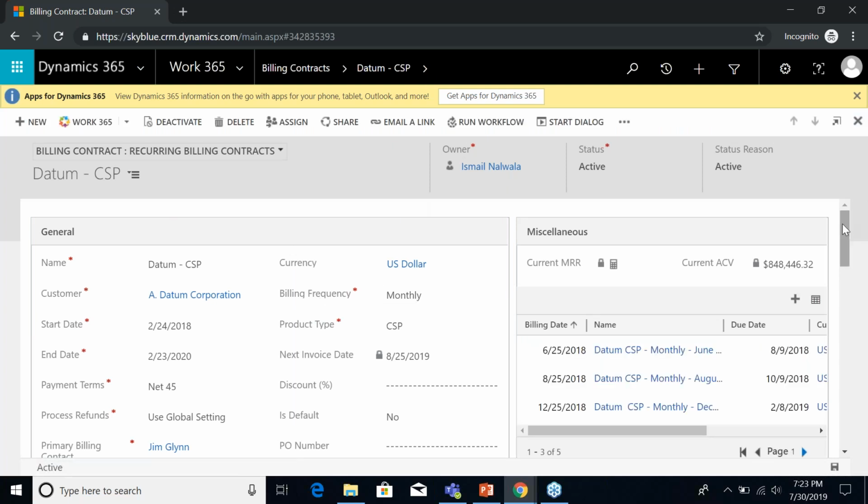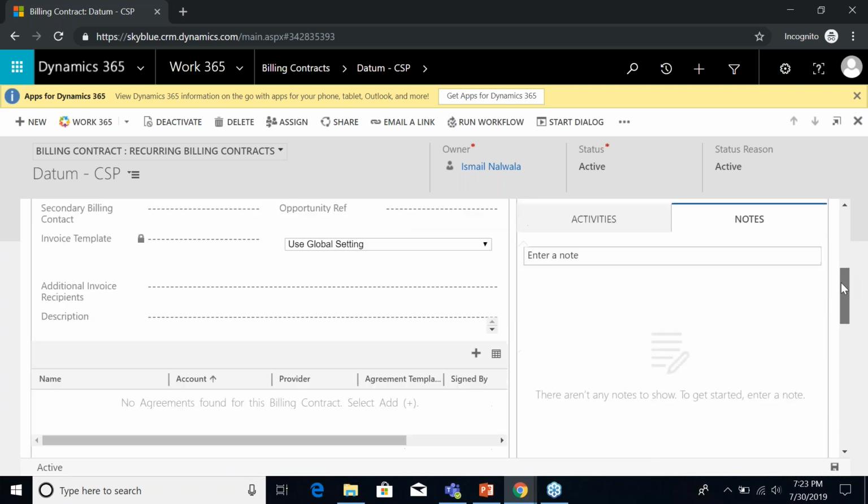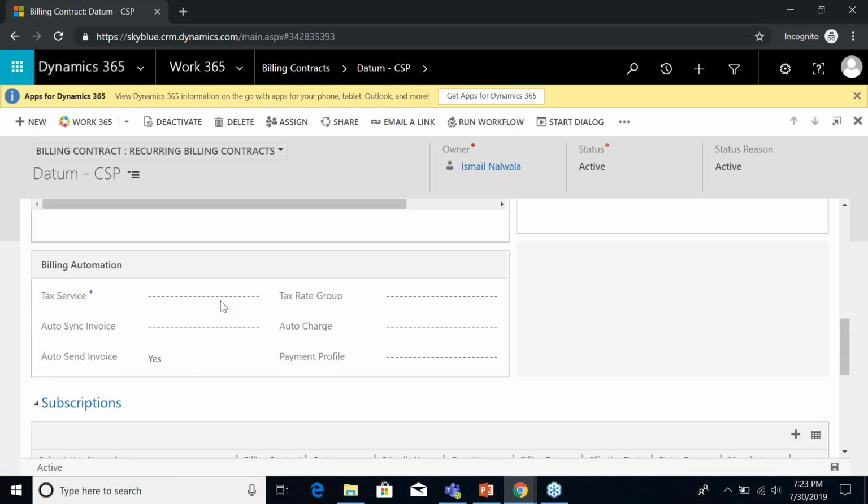We have the billing contract here. So how do I make sure the taxes will now be calculated? Remember, our global setting that we applied was the no tax calculation. So it's not going to calculate tax right now if I generate an invoice. So what I have to do to override this is to scroll down and you will notice there's a tax service here. So I'm going to go ahead and select